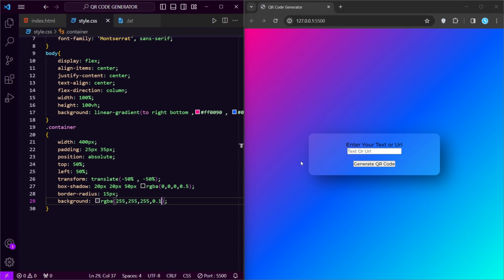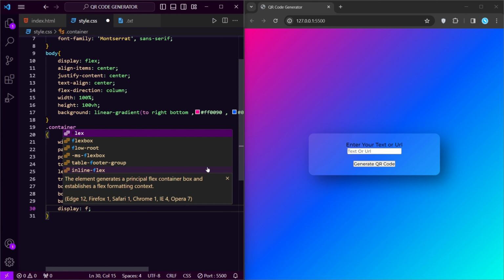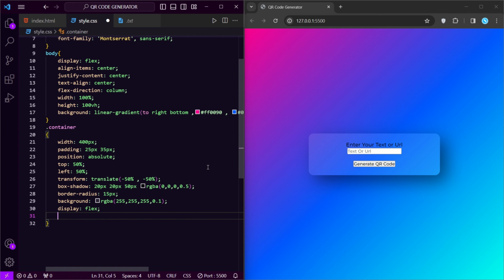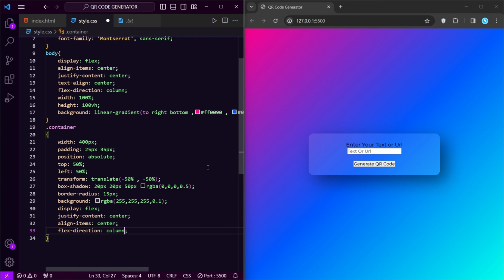It's somewhat looking like a glass. Now we have to give display flex, justify content center, align items center, and the flex direction column. Save it.